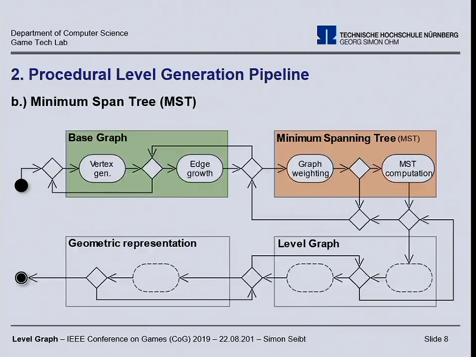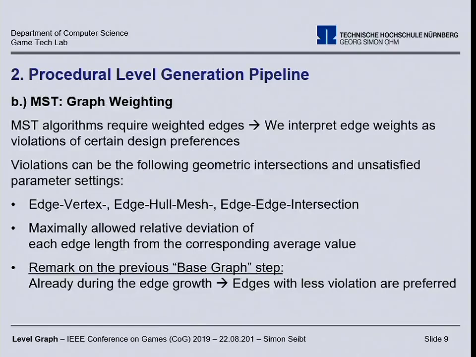Okay, so after we've generated the base graph, we can now compute the MST. At this stage, we again have two sub-steps, as we can see here. First, our base graph is weighted, and then the MST is computed. But why is the base graph weighted? The weighting is performed because the MST algorithm requires weighted edges and computes a tree with minimum